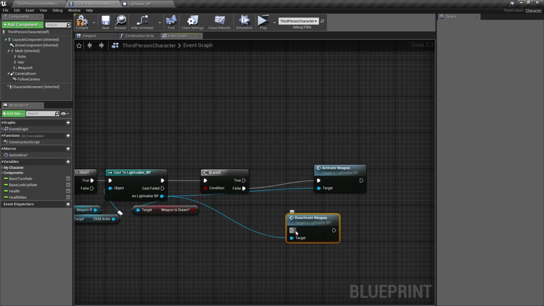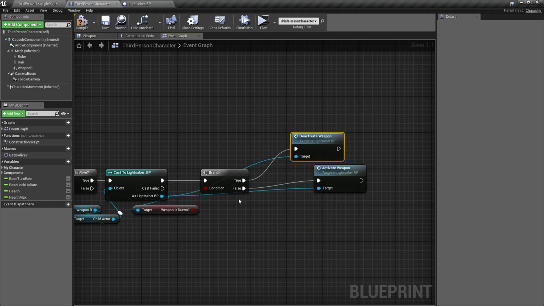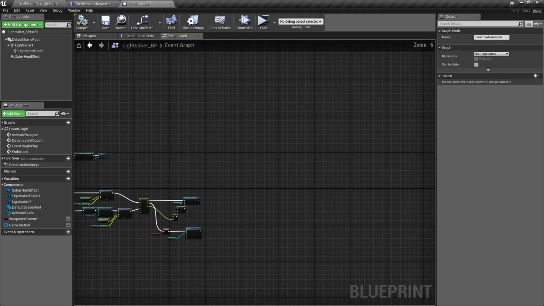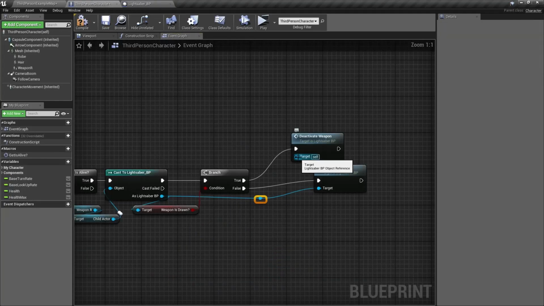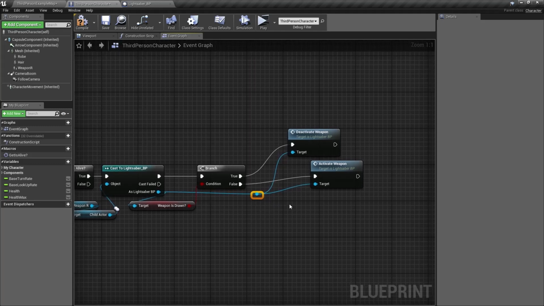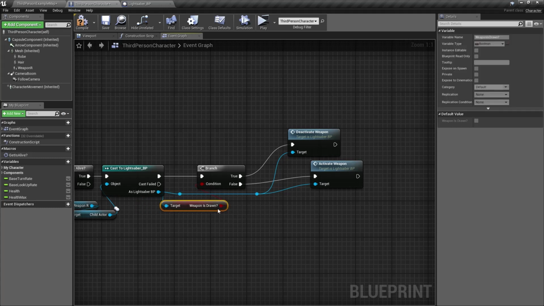And actually, no, we're going to do this in reverse. And just to clean this up, we're going to double click to create a reroute node. Whoa, what the heck was that? I think it just registered as a double click when I went to try and pull off, I'm not sure. But anyways, okay, so we have